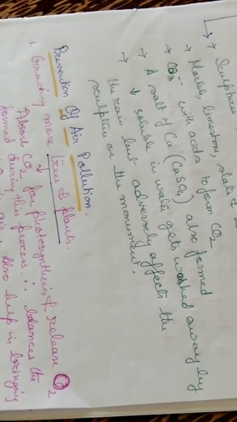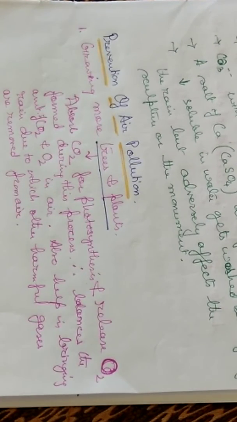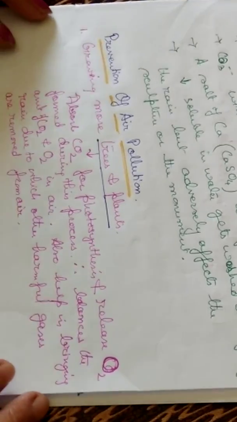Then how to prevent this air pollution? By growing more trees and plants so that the carbon dioxide present in the atmosphere can be absorbed by the plants for photosynthesis and oxygen can be released by the plants. Okay, and by this process, the balance of the carbon dioxide and oxygen in the air can be maintained. And this also helps in bringing the rain, due to which other harmful gases are removed from the air. Okay, next is